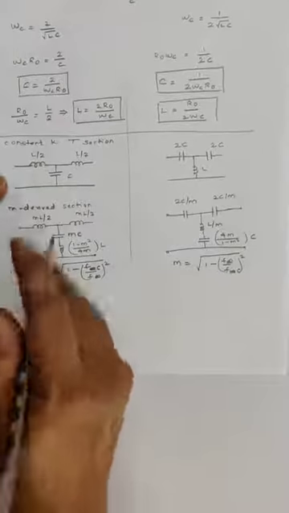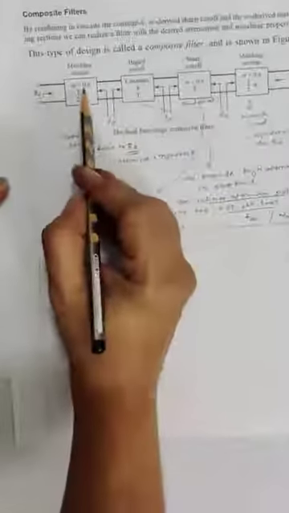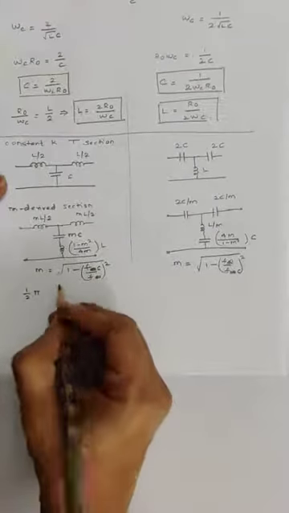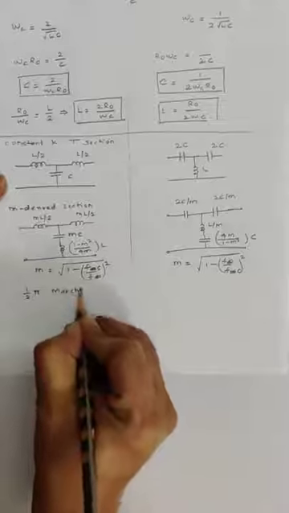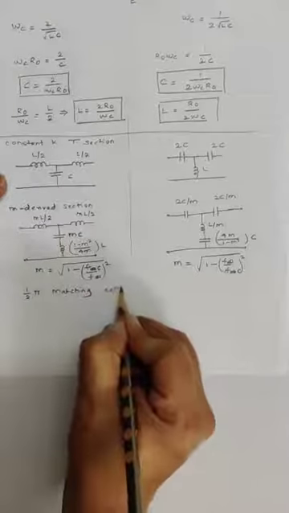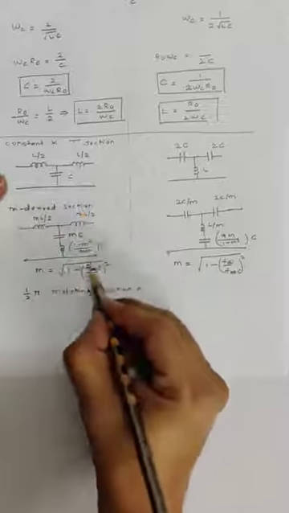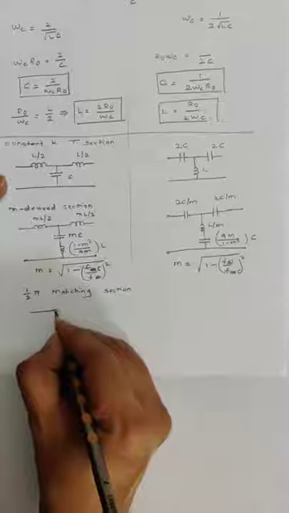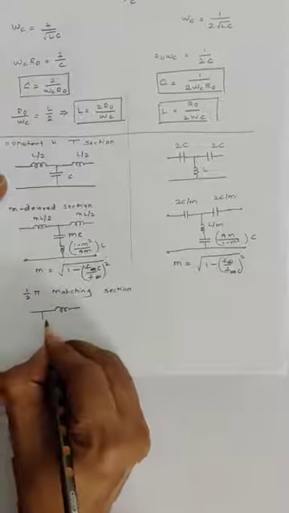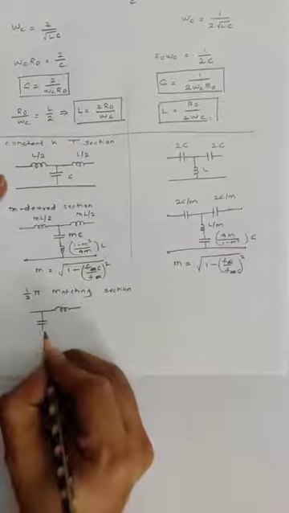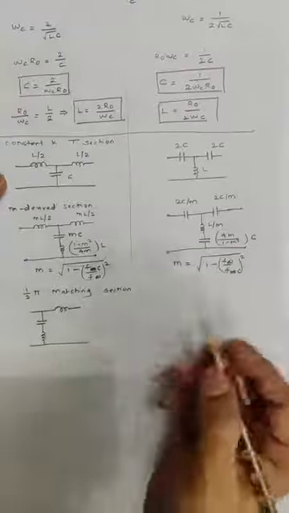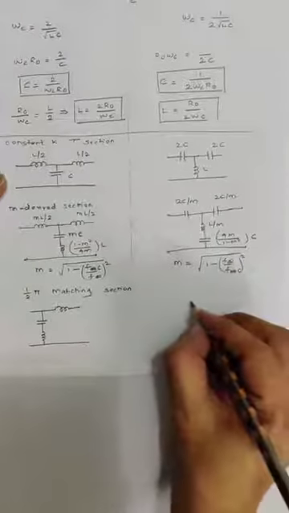Now the last part of the composite filter consists of matching sections. They are bisected pi networks, so you will have a half pi matching section. Now one has to copy this part over here and modify the formula a little bit. So I will copy this first of all. The aim of the pi by 2 matching section is to provide an impedance the same as R0, so that maximum power will get transferred.